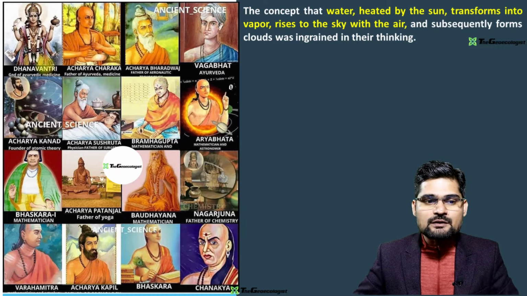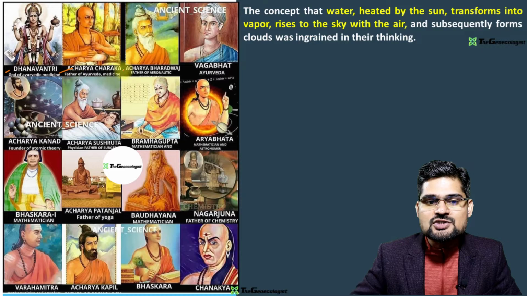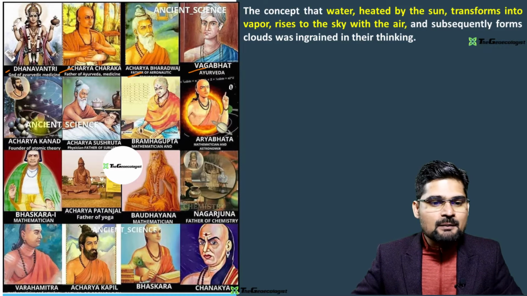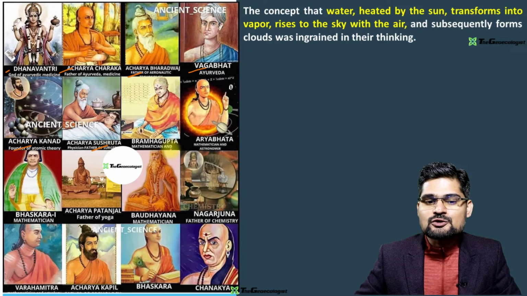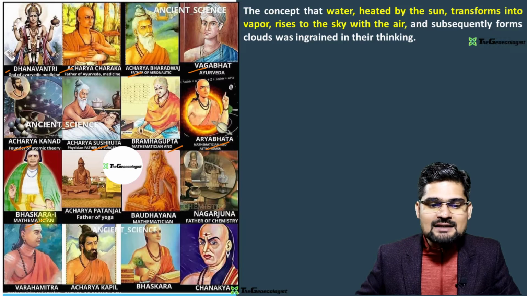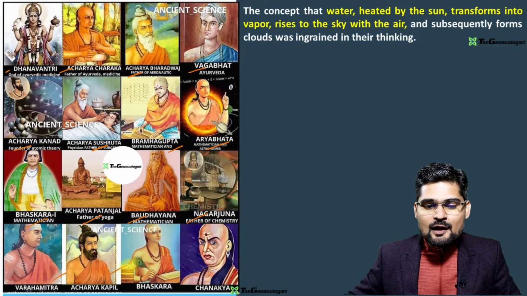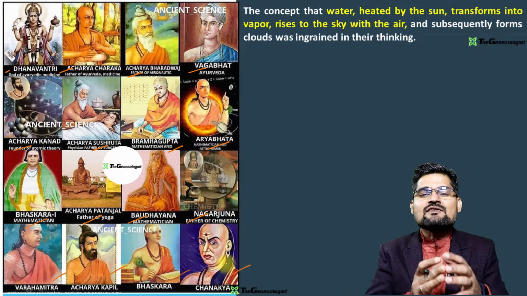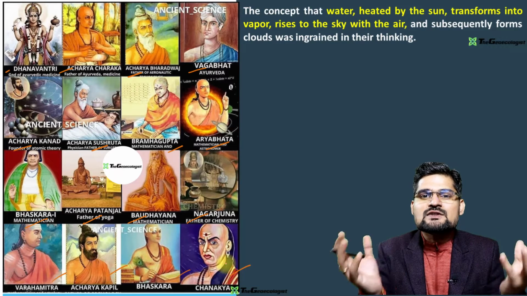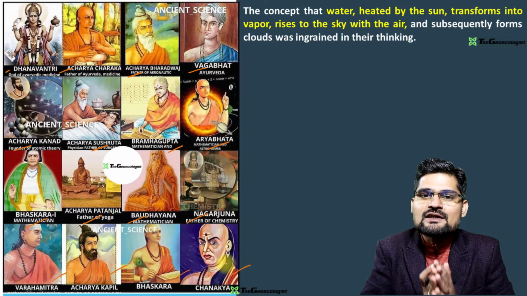So who were these people? Remember Dhanvantri, Acharya Charak, Acharya Bharadwaj, Bhagbat, then you have Acharya Kanad, Sushruta, Brahmagupta, Aryabhat and Bhaskar, Patanjali, then you have Bodhyan, Nagarjun, Varahmihir, Kapil, Bhaskar, Chanakya. These were the names, and still these names keep reverberating around us when we talk about anything